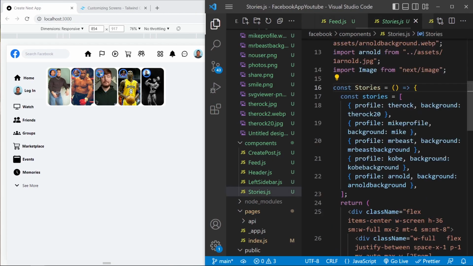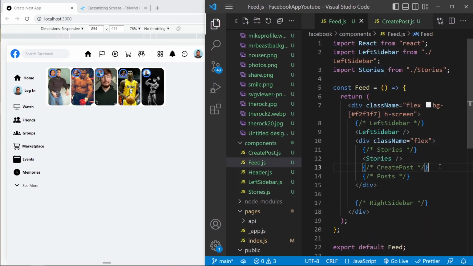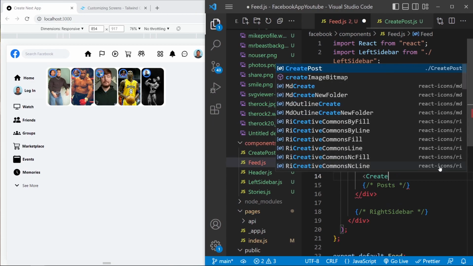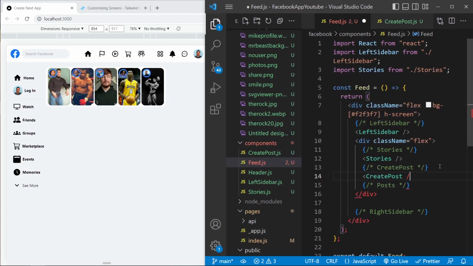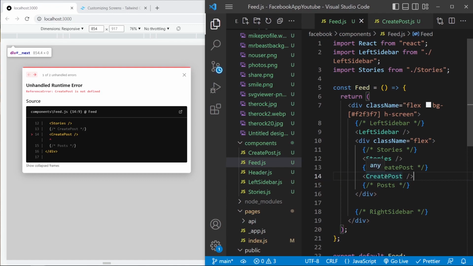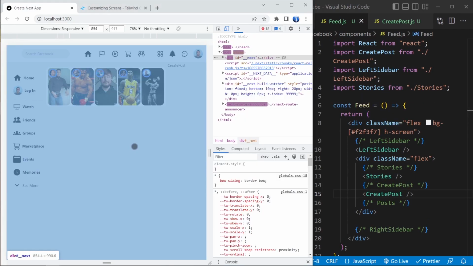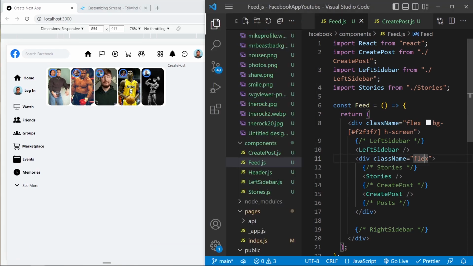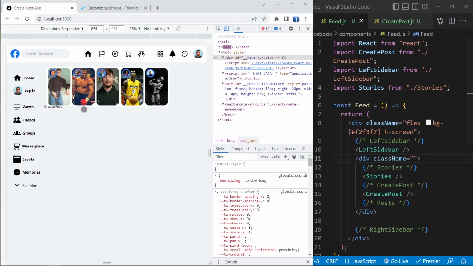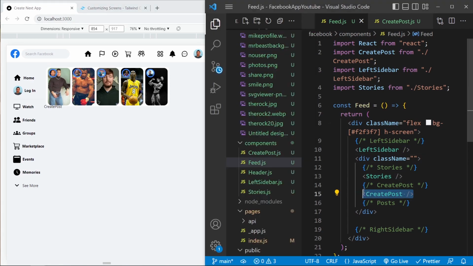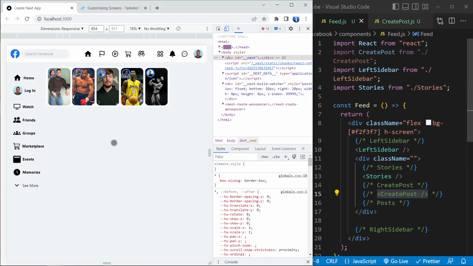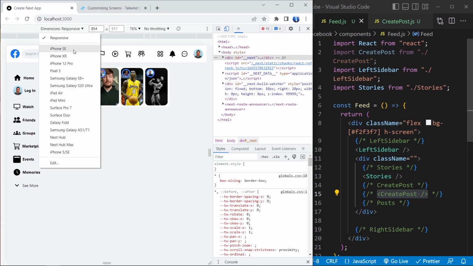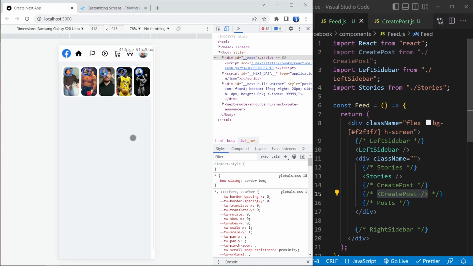And now if we go to stories, not to stories but to create post, I'm gonna create post, create post. Let's import it, save. As you can see, we have the create post. We don't have to say flex, and I'm gonna comment for now this create post, because if we look on the S20